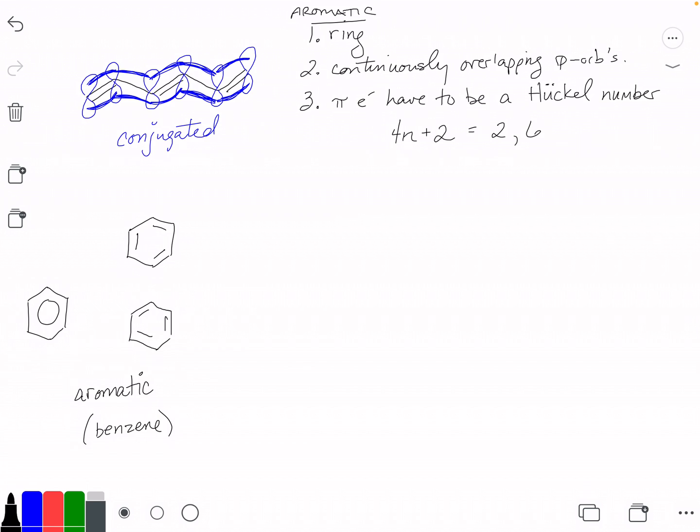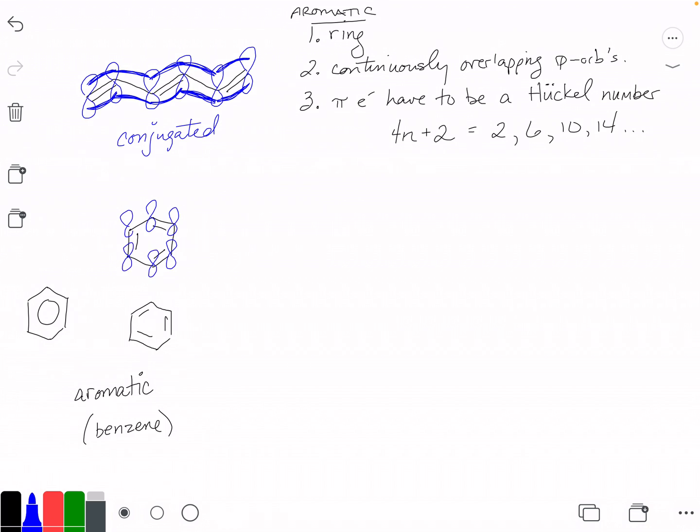We'd be talking about 6 pi electrons, the next one is 10, 14, and so on. Of course, benzene, as our prototypical example, fits these criteria. It is a ring-shaped molecule, happens to have 6 carbons. All of those carbons are sp2 hybridized, and so if I were to add the